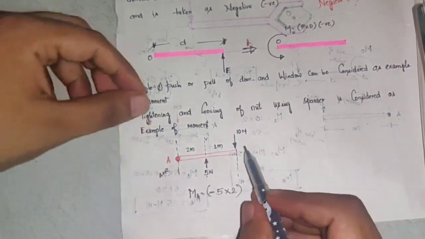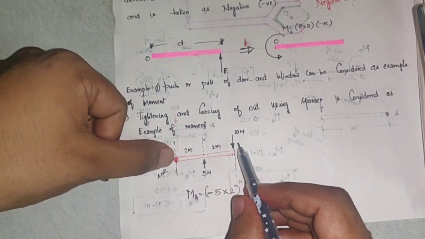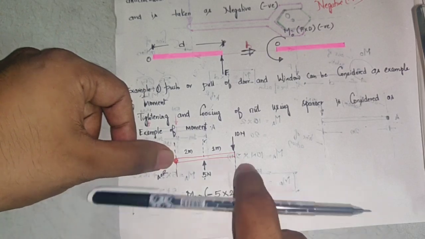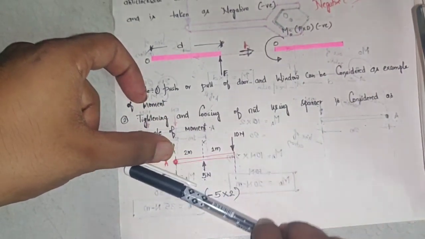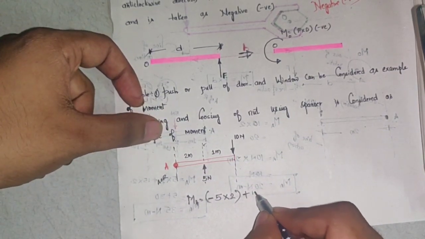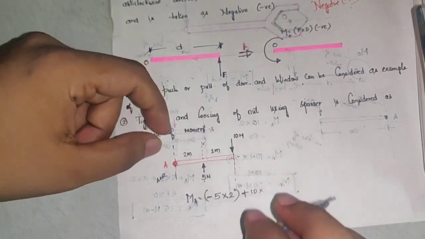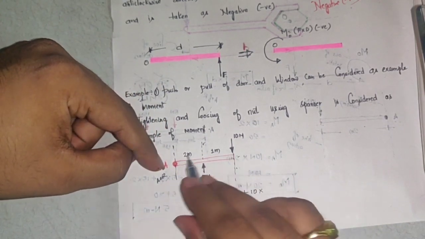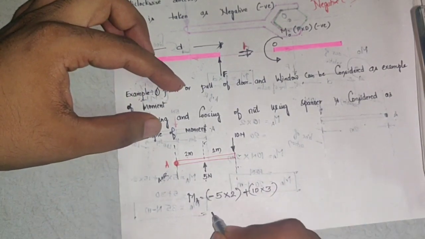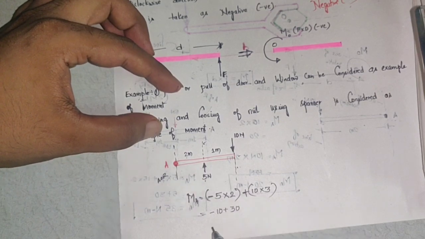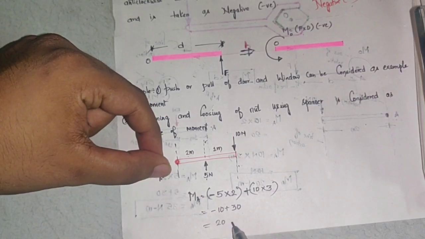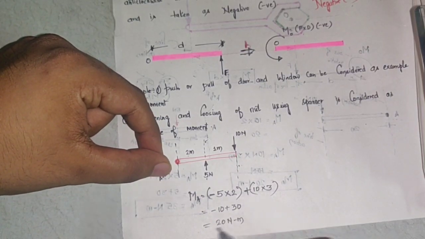Then what about the 10 newton force? About point A, how is it rotating? It is rotating clockwise. Because of the 10, the object will rotate like this, clockwise. Clockwise means I should write plus. The magnitude is 10. What is the perpendicular distance from this line of action to point A? It is 1 plus 2, which is 3. So this is minus 10 plus 30. So what is the net moment at point A? It is plus 20. The unit is newton meter.